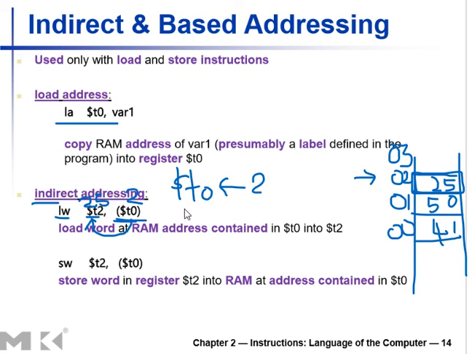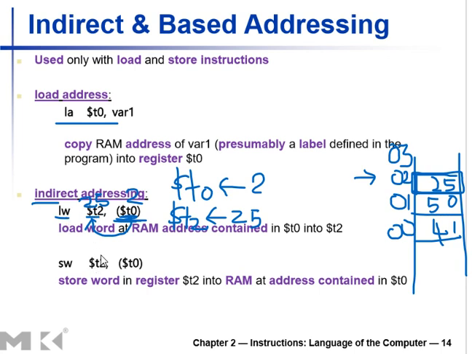So what is going to be the T2 value? Register T2 value is now 25. How do you get 25? Go to this address. T0 is now pointing to an address. That address may have a value, and that value is loaded onto register T2. Okay. This is about load word. Now move on to the store word.